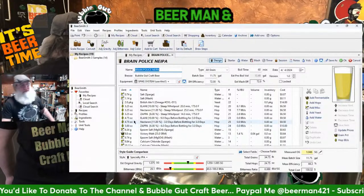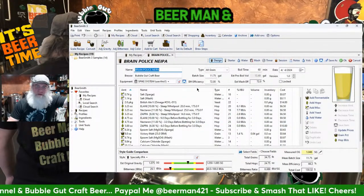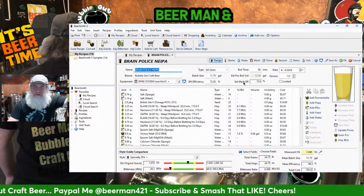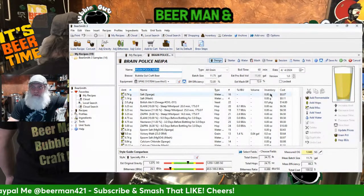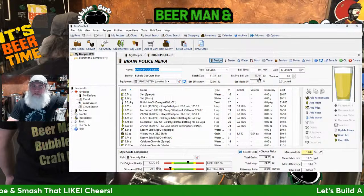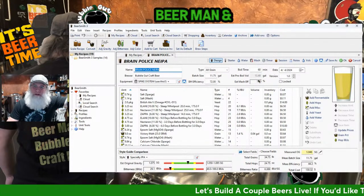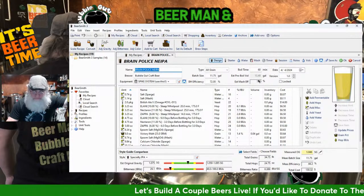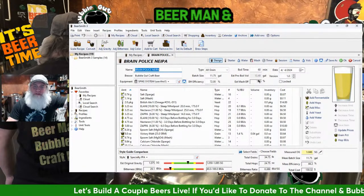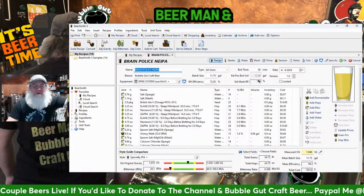All right, so Brain Police, you can see I'm doing an 11.75 gallon batch with 72% brewhouse efficiency. Estimated mash efficiency 72%. Pre-boil, I'll have 13.49 gallons, which will be about 2 to 2.5 inches under the top of my 15-gallon kettle. It worked out perfect, actually. It did boil a little over with my Schwarzbier, but